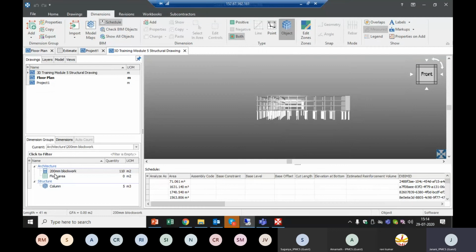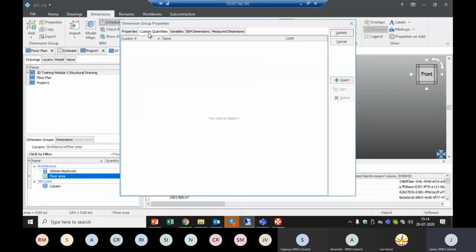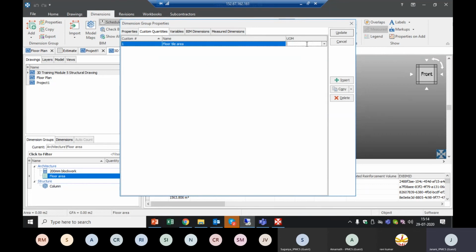Here, let me take this floor area. I have created a dimension group as floor area. In unlimited custom quantities, I'll add floor tile area, its unit of measurement as meter square.